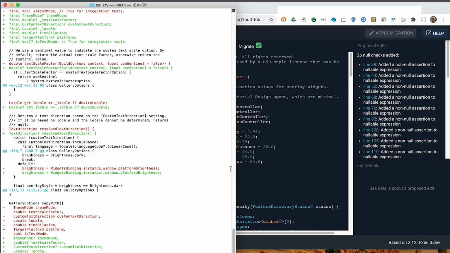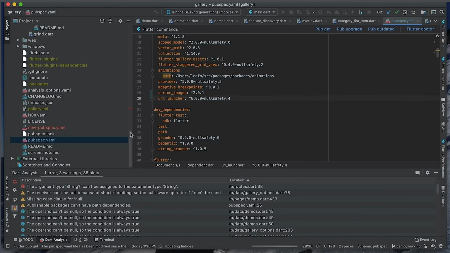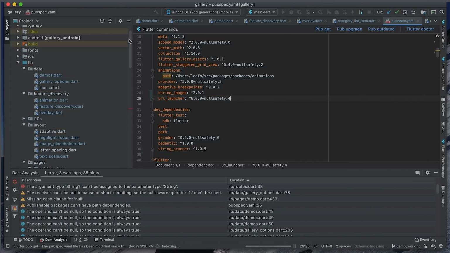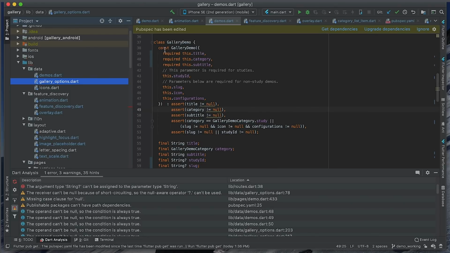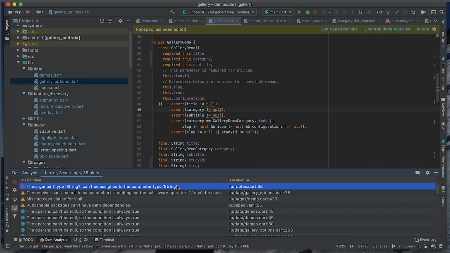And if we go over to our IDE, we can actually see, if we go up and we click on one of these files here, we might see some changes. So for example, some @required things became required and so on. We actually also see though that we have a static error. Okay, so this is the first thing I want to point out about this.